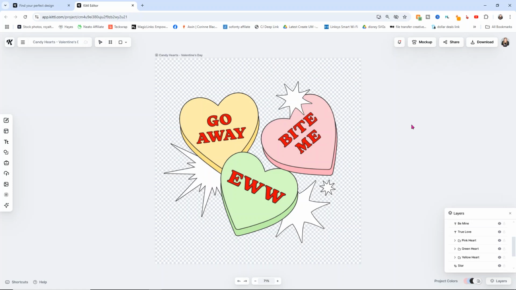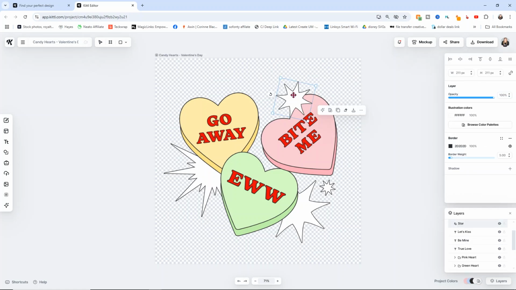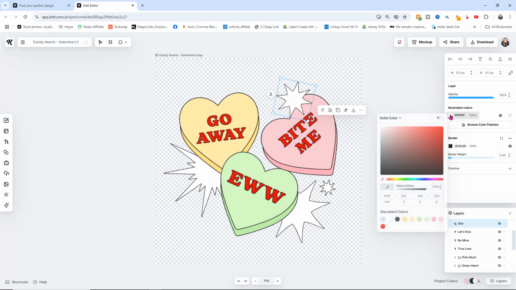Now, let's address these little stars here because, like I said, they won't print because they're white. Now, we can change the color to anything that we want to. So we can go over here under where it says Illustration Colors. You can select your little star, and I can choose any color that I want. Now, there's colors that are already in your design right down here, but we want to do something a little different. I kind of want to go with like a grayish color, I think, maybe. I don't know that I want to go black because that seems kind of harsh against the design, but I also don't know that I want to go yellow since I already have a yellow colored